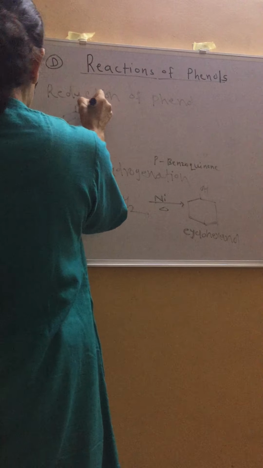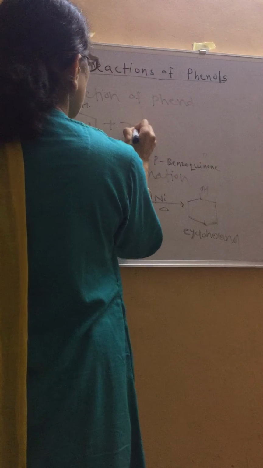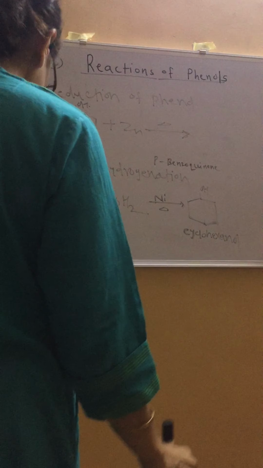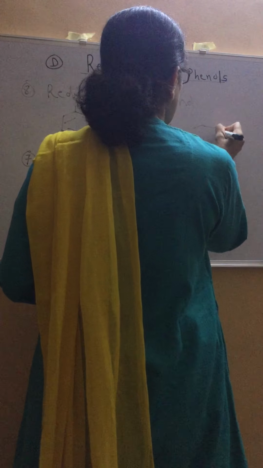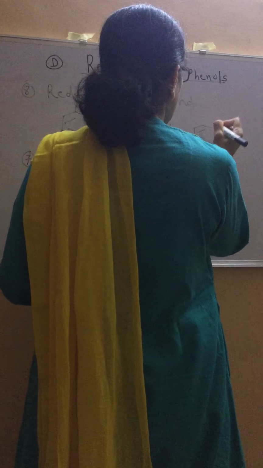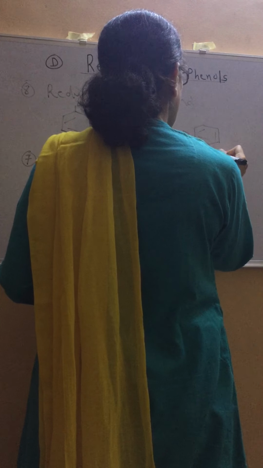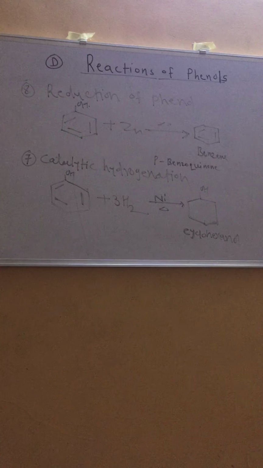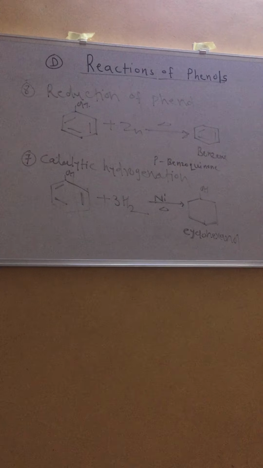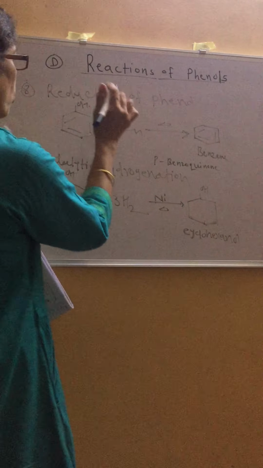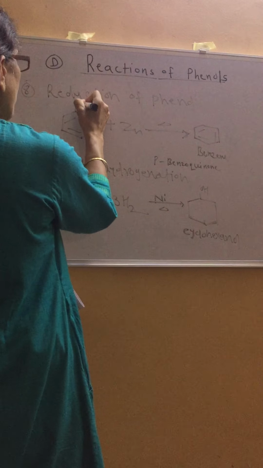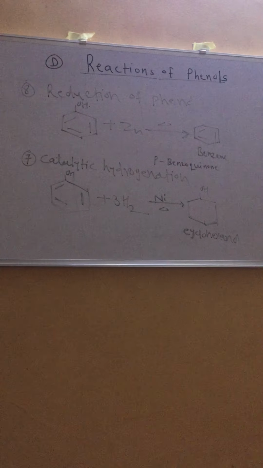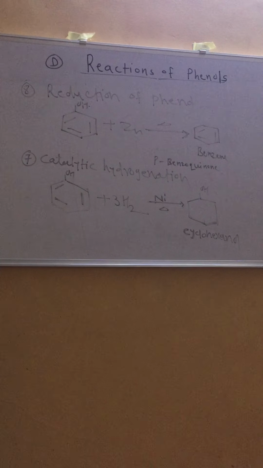Phenol, when treated with zinc dust, heated with zinc dust, undergoes reduction and it is converted into benzene. It is a very important compound, you know. So phenol, when treated with zinc dust as a reducing agent, you have to heat the reaction mixture. It is converted into benzene, and ZnO is the byproduct. The byproduct is zinc oxide. Okay, so this is reduction of phenol, and this is the end of the reactions of phenol,